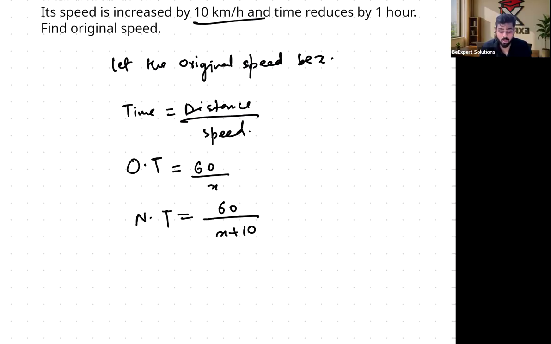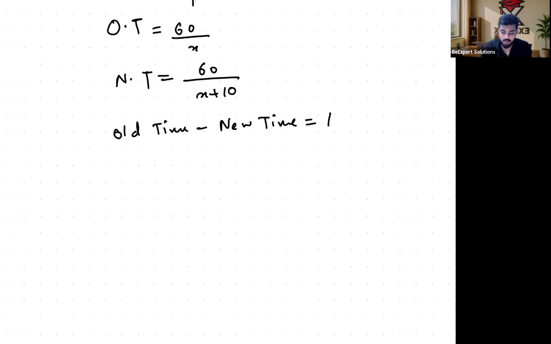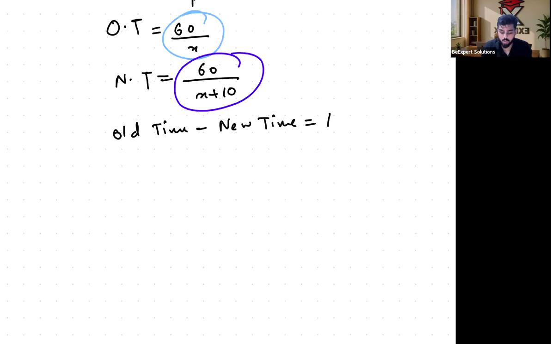And the equation is old time minus new time equals 1. Why? Because they said time reduces by 1 hour, and by that they mean old time minus new time is 1. When they say time reduces by 1 hour, that means old time minus new time gives you 1. So you will take these two expressions and equate them like 60 over x